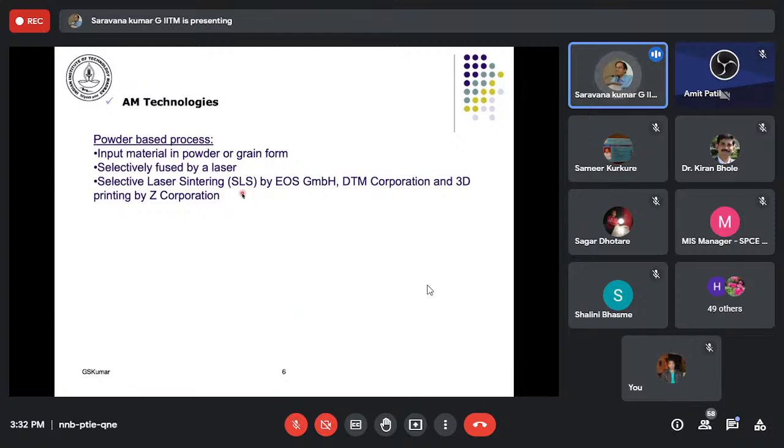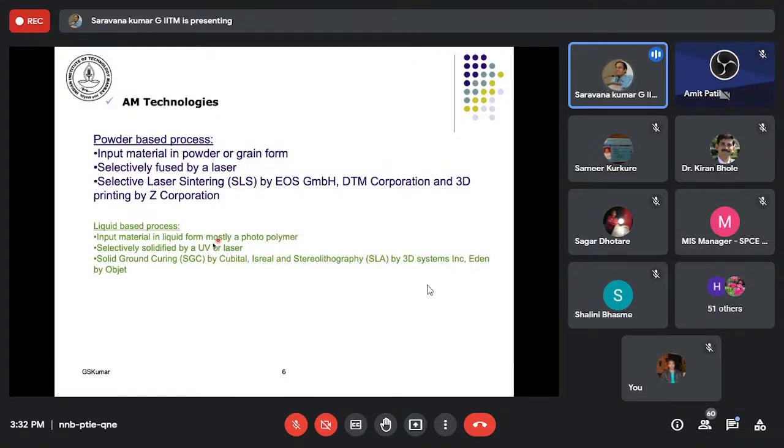So when we go for higher temperatures, or we use a heat source which can melt the powders, such technologies come to be called SLM technology, or selective laser melting. So now these technologies are also called powder bed fusion technologies.